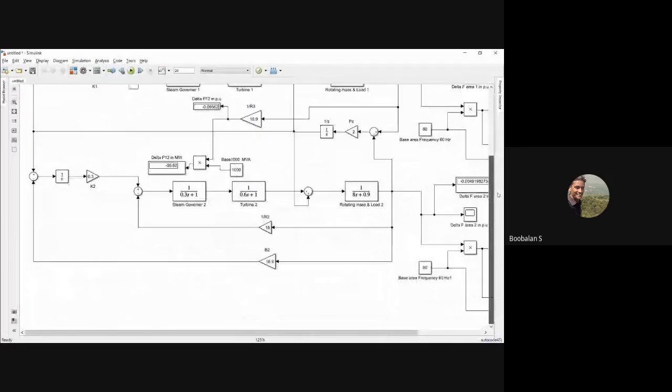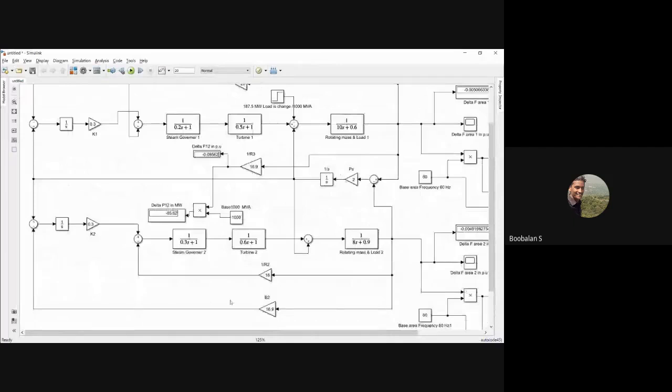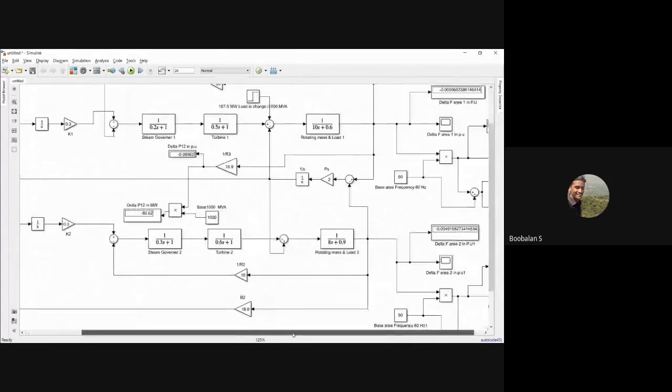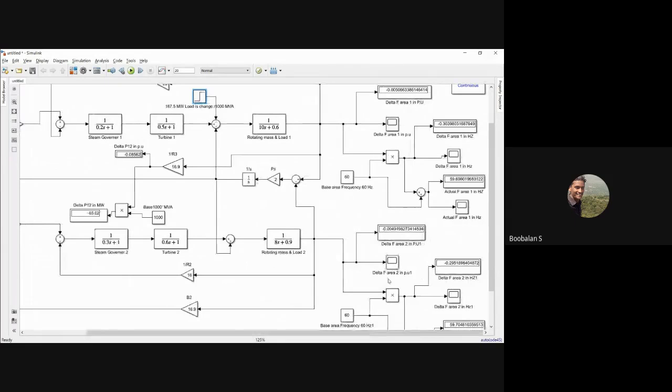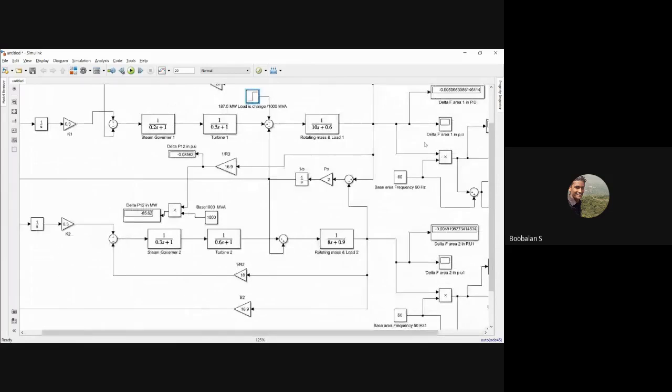Now you can check it out right now. இப்போ நீங்க check பண்ணி பாருங்க. Now we're going to run it. நமக்கு load changes பாருங்க இங்க தான் இருக்கு, right? And still we are not connecting any load changes on my generator number 2. அப்ப என்ன ஆகணும், generator 2ல 60 Hz frequency அப்படியே மெயின்டைன் ஆகணும், right? So generator 1ல மட்டும் தான் load changes இருக்கு. அப்ப எங்க நடக்கணும், changes மட்டும் எங்க மட்டும் தான் நடக்கும், right? We'll just see once again, run பண்ணலாம்.